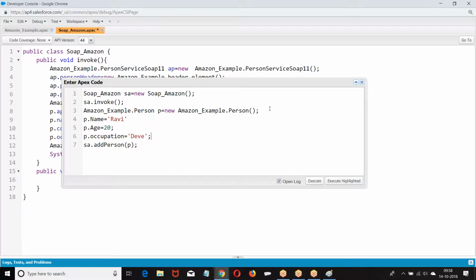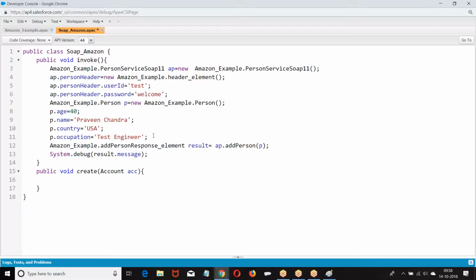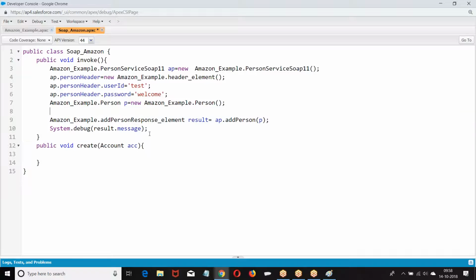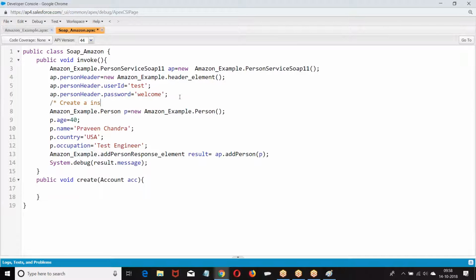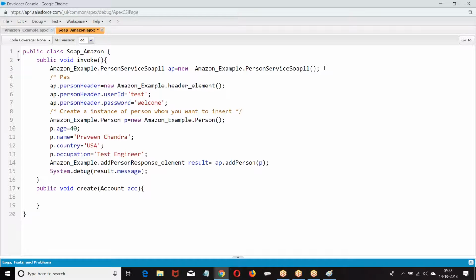I hope you got my point. That is the reason why I have created this. Now you are supposed to pass p. I cannot pass empty, so I allocated memory, then I gave the data, and that p I am passing. Did you get my point? So this is for creating an instance of the person whom you want to insert. Then in the header element, what we are doing? Passing the login credentials.